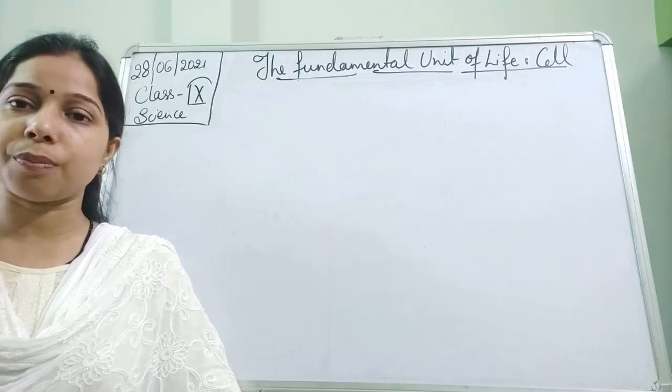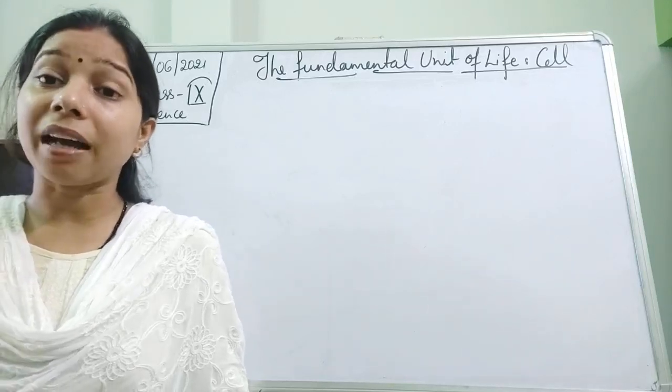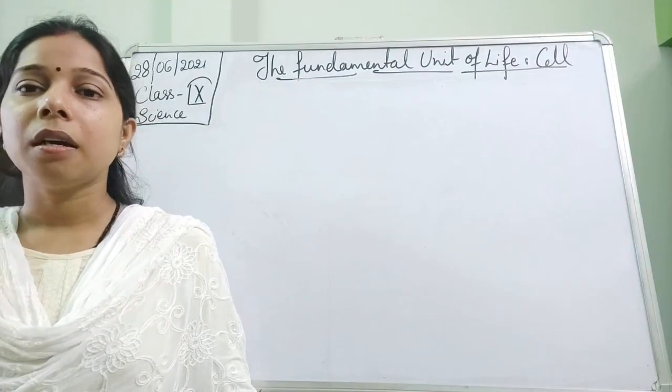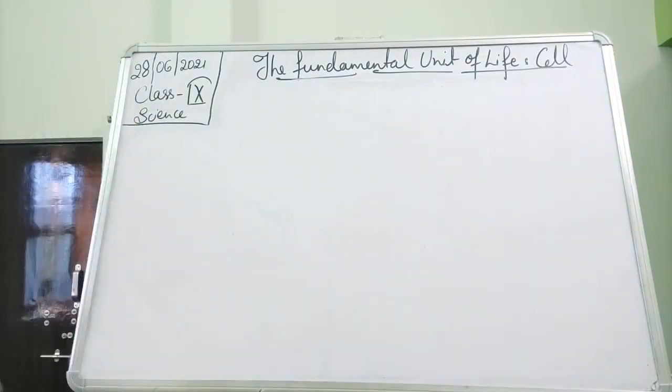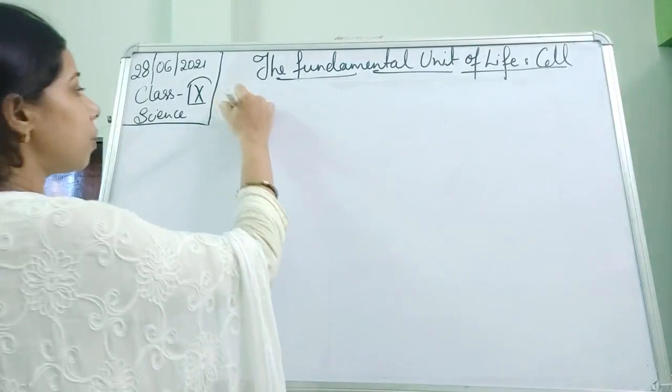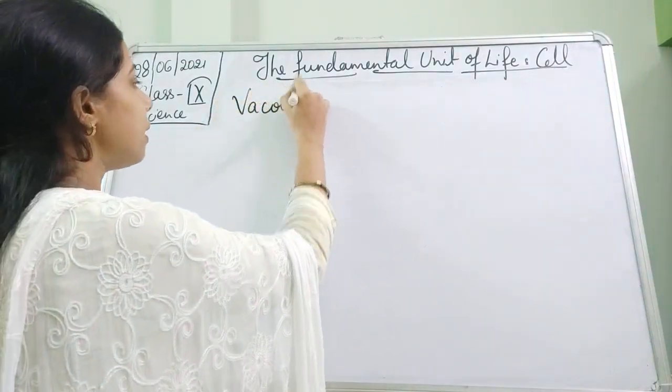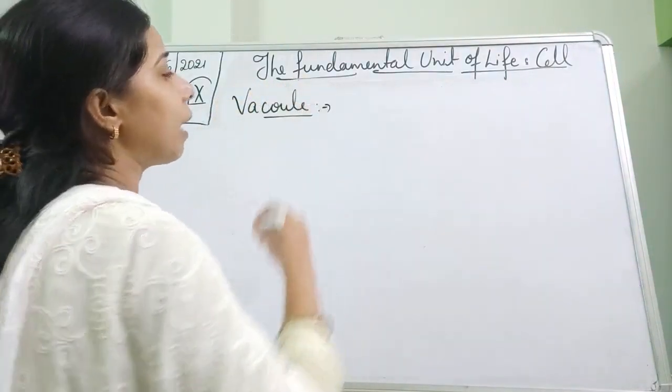80S ribosome. Finally, vacuole. Vacuole is the next cell organelle that we were talking about. So let us see what is there in vacuole. We have already seen here that in case of vacuole, it is what?